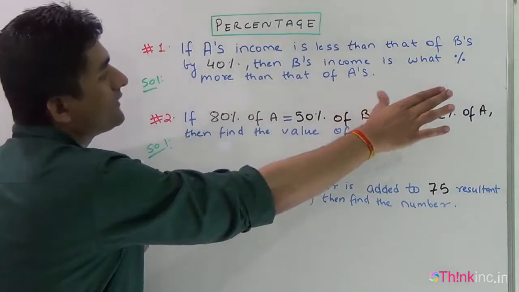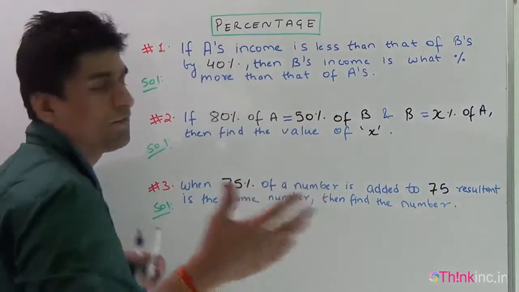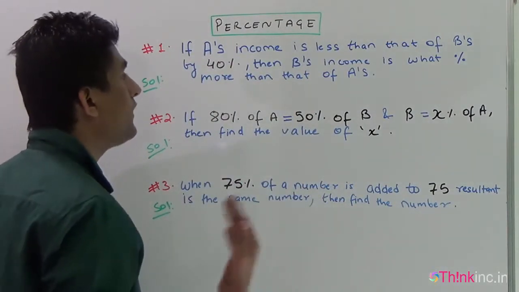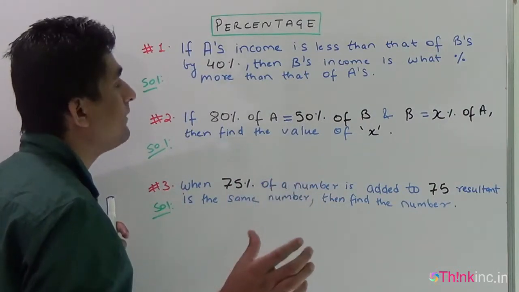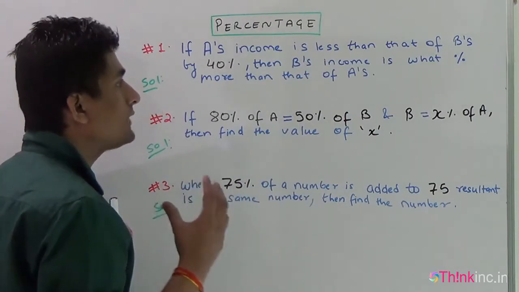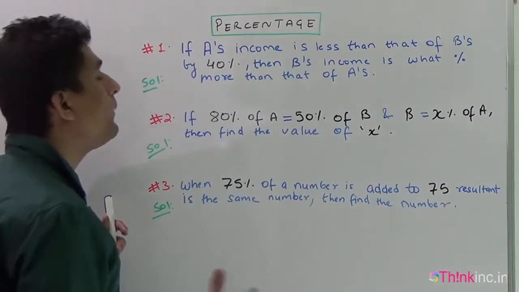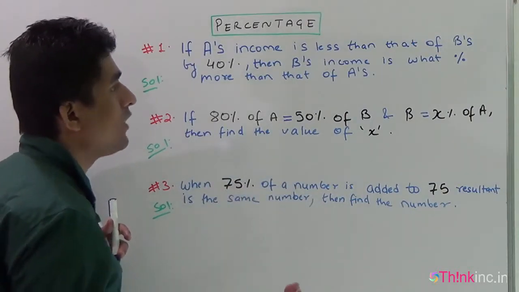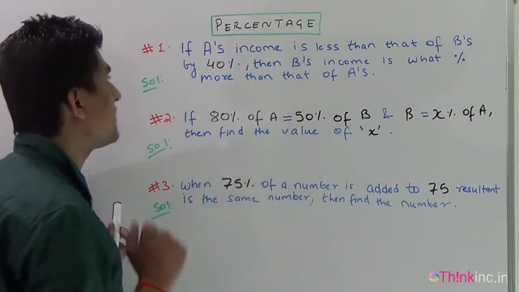Here no fixed or discrete value is given. The only value given is 40 percent, which is a relative quantity, not a fixed quantity. So we are making a general value substitution here. We can assume either A's income to be 100 or B's income to be 100. However, we can solve this question by assuming variables also, that is variable X or Y, but it is far easier to solve questions by general value substitution. Always use general value substitution when there is no fixed value given in a question.